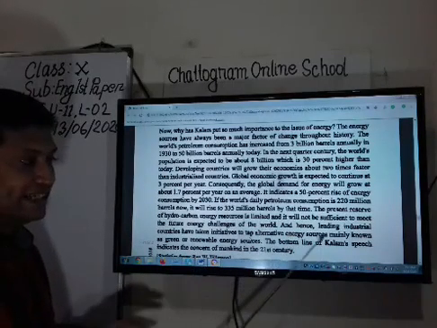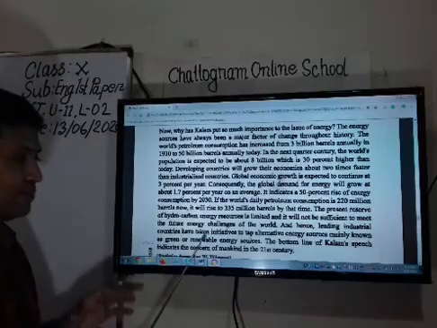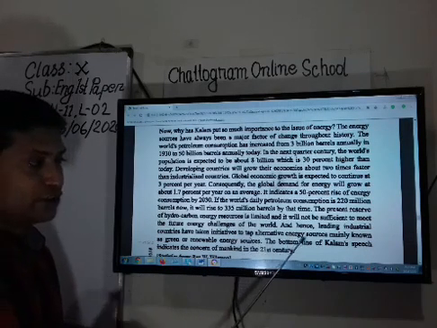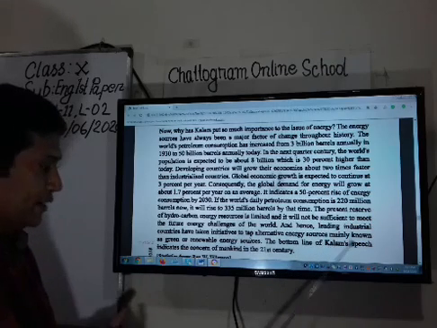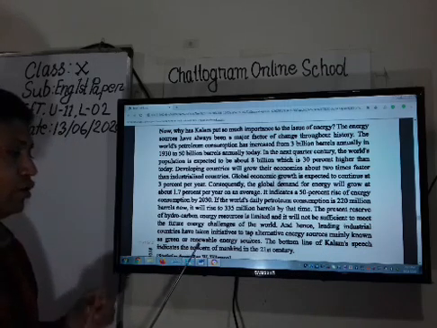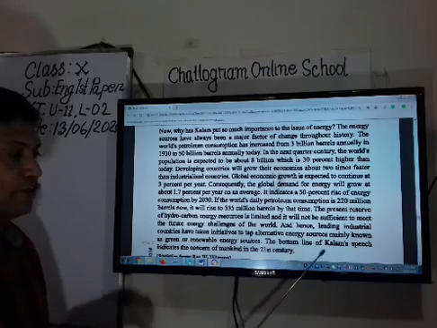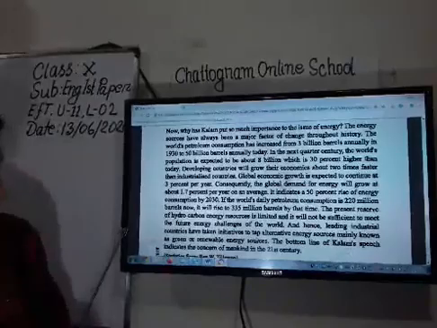Hence leading industrial countries have taken initiatives to use alternative energy sources, commonly known as green or renewable energy sources. The bottom line, the important thing of Kalam's speech, indicates